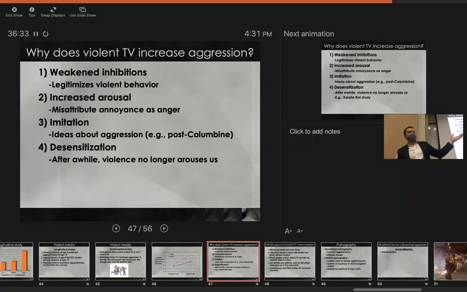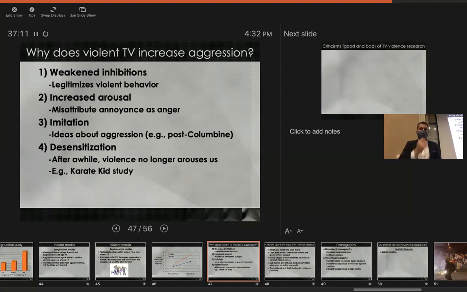You can see this just by looking at the past, let's say, 50 years of movies. What was considered a violent movie in 1970 or 1980 doesn't necessarily look so violent today. The reason is that people start to get used to the violence of the 1970s. It doesn't arouse them. They're desensitized to it. And so Hollywood ramps up the aggression to try to get that reaction out of viewers, right? So they become more aggressive. And then the viewers desensitize themselves to that heightened level of violence, so Hollywood ups the violence levels again. Constantly there's this upping of violence and aggression in TV and movies because people get desensitized to it.